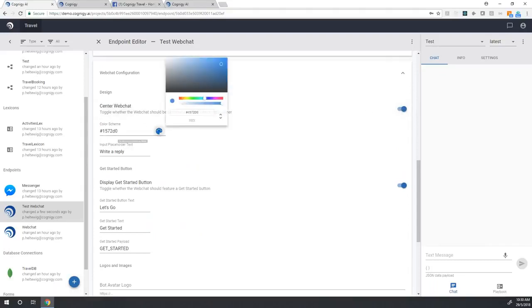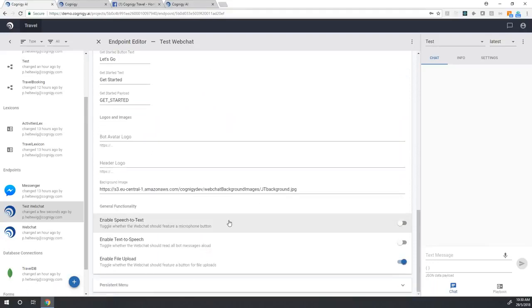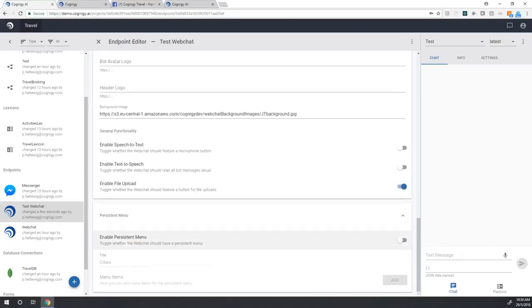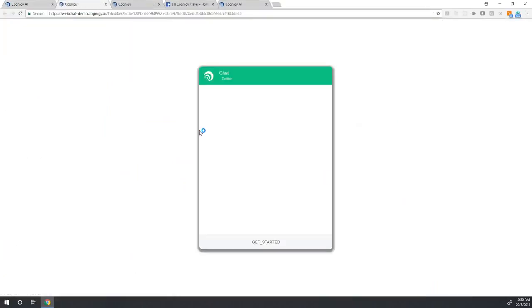What color scheme do we use? Say maybe in this case, we want to use this kind of greenish color scheme. Placeholders and so on, background images, all kinds of stuff here that we can do. Do we want speech to text, text to speech, file upload, what entries are in the persistent menu, and so on. And then you can open it, and here we go.